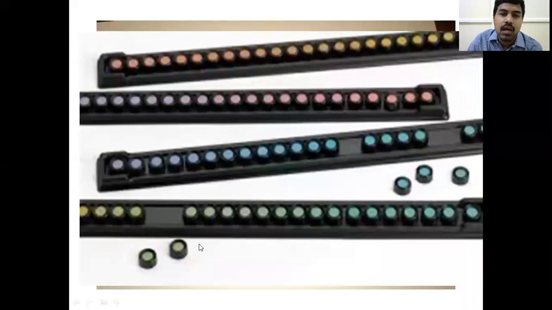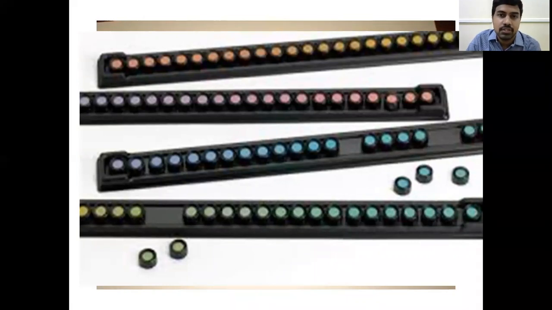Similarly, this is the Farnsworth-Munsell 100 hue test. Here there will be colors of varying saturation. So here you see, this is green, dark green, light green, still lighter green, finally yellow. In yellow, dark yellow, light yellow. Similarly in blue, dark blue, light blue. The color gradually changes from green to pink. We jumble all of these and ask the patient to arrange them in ascending or descending order of intensity, gradually from green to yellow, yellow to blue. If he is able to arrange all of them in correct order, his color vision is good. If he is unable to, we score the number of errors, and based on the score we tell him how much color vision defect he has.